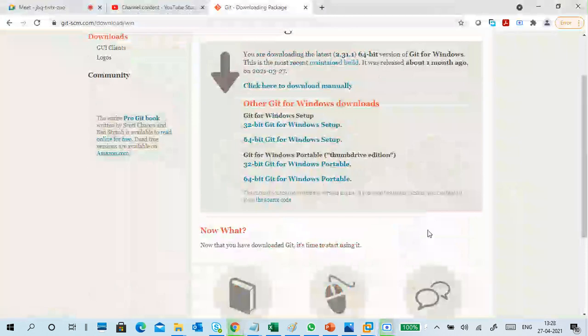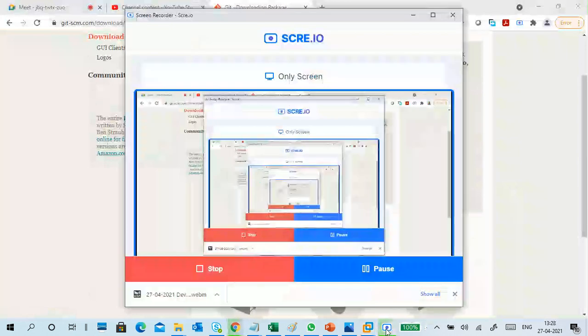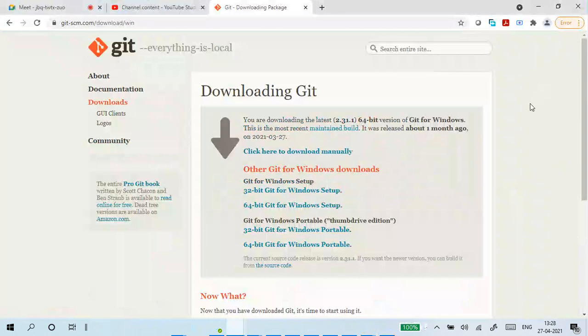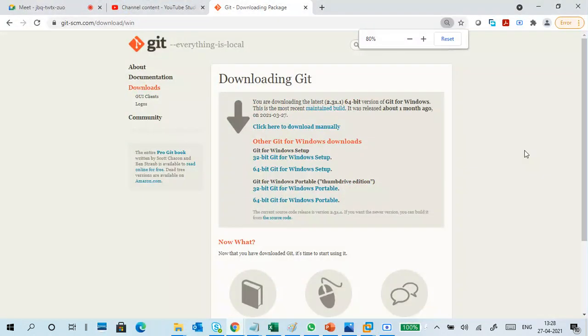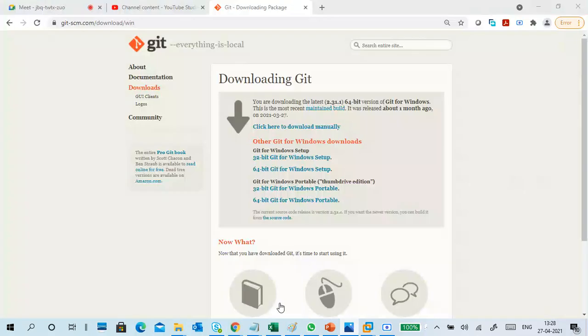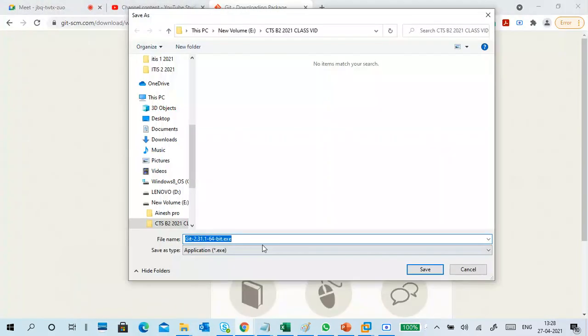Why is it taking this much time? Anything open extra, I will close that one. It is opening like this, no problem.